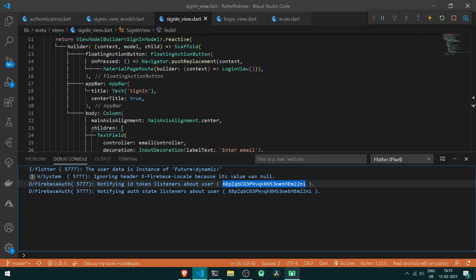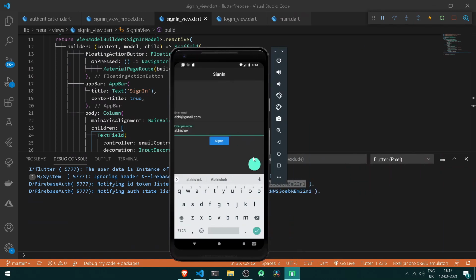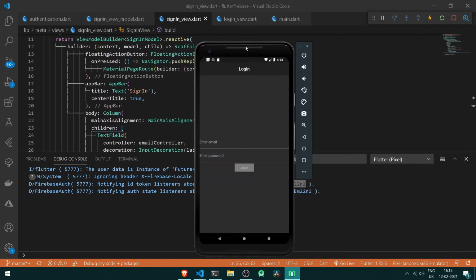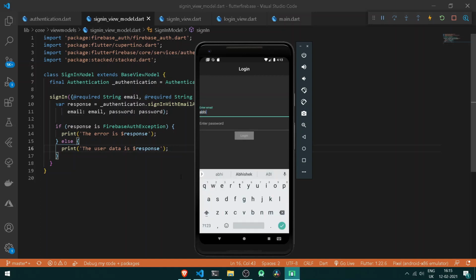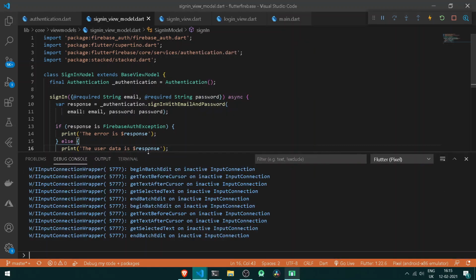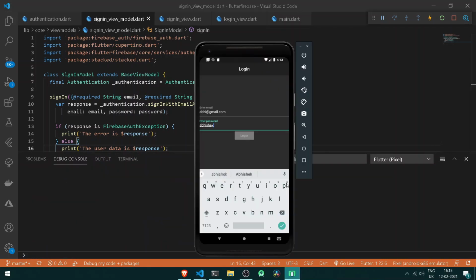So now once the following thing is done, let's move under our login view, and try logging in with the following credentials one more time. So here let's enter the same credentials which was abhi@gmail.com, and also let's paste on the same password. Let's open our debug console to check what the thing is happening. Let's clear it once, and after pressing login we should be able to log in.